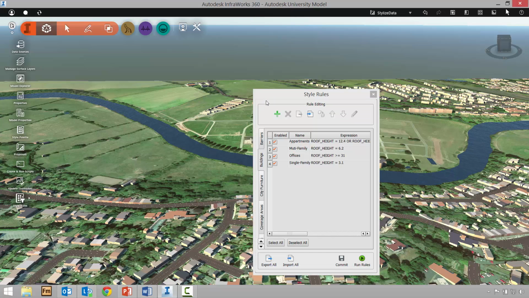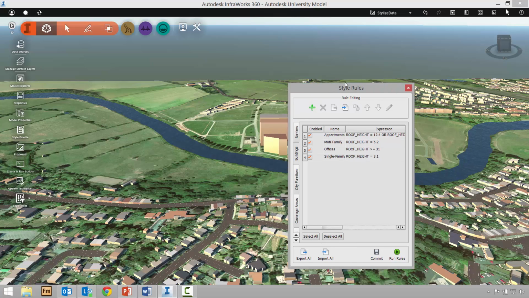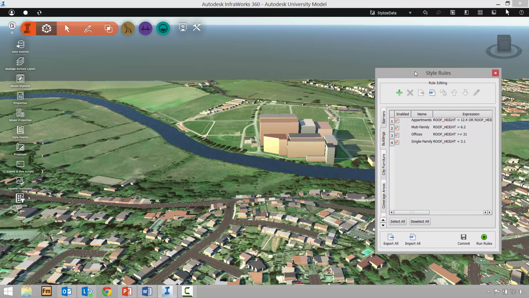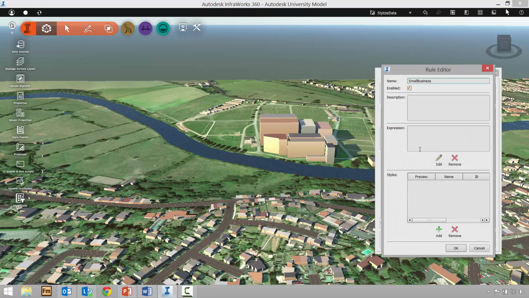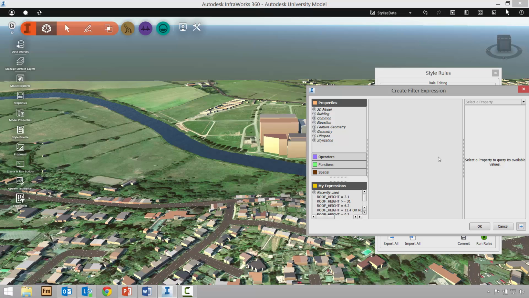The style rules are available for you to automatically stylize things according to some parameter in that file type. And so if I want to create a new style rule for my buildings, I'm going to simply hit the plus symbol and I'll give it a name and click OK. Then I can double click on that and edit an expression to find the information I want and then give those specific items a style. So let me click Edit for my expression, and this one I'm going to set my roof height